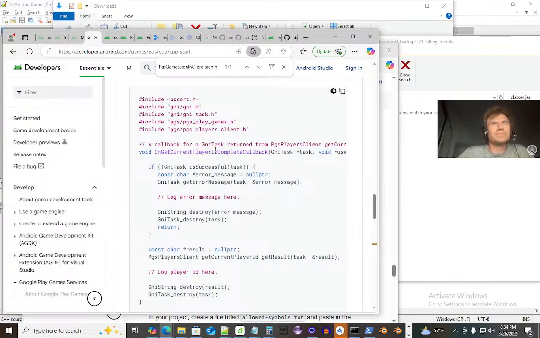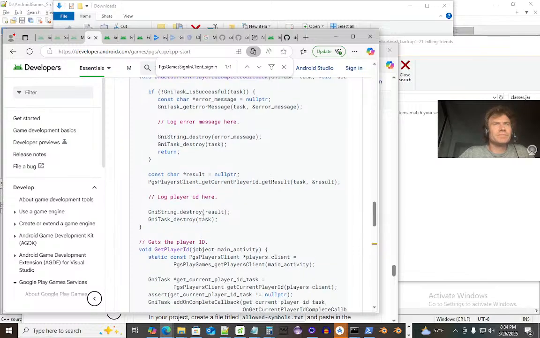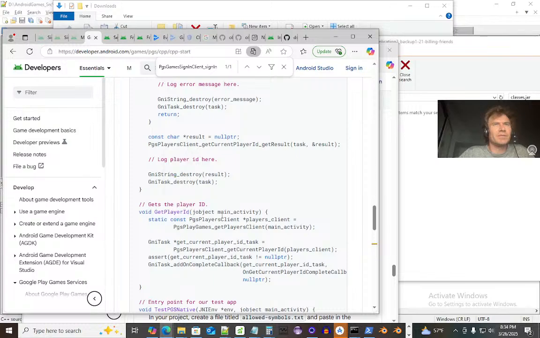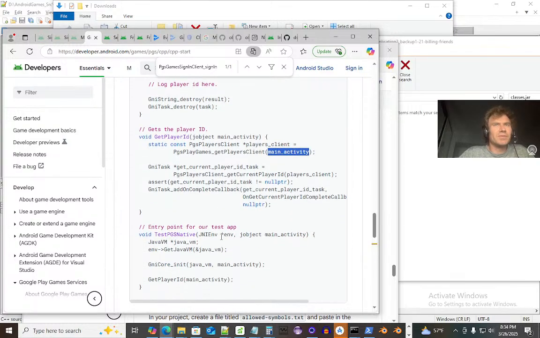We don't need any kind of Java for this function though, right? Doesn't look like it. Get player ID, J object, players, get client players, ID task, players, but we need the main activity for this. Yeah, we need this to be called